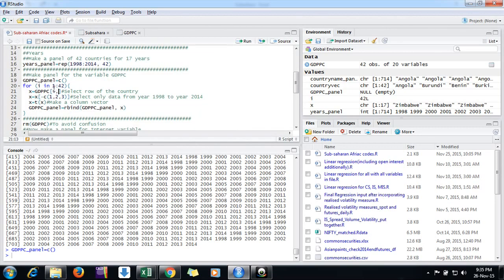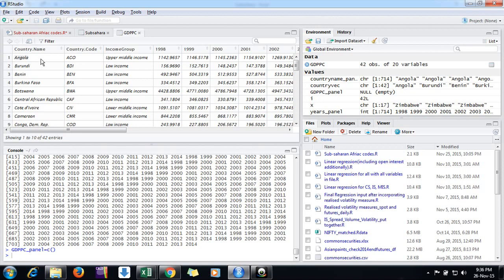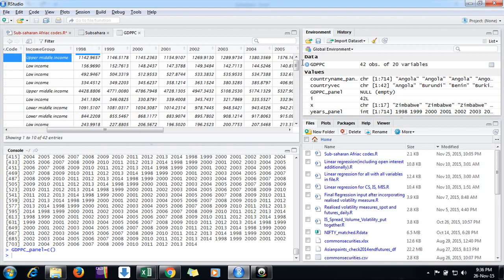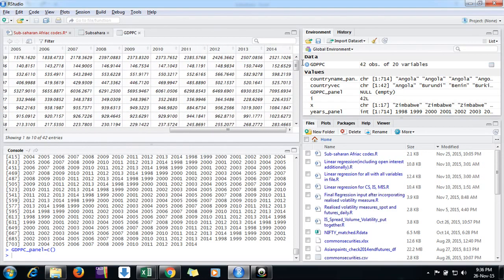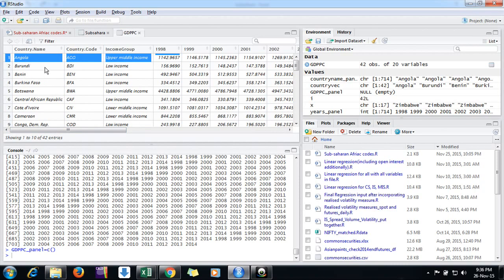If I put i equal to 1, then it will just extract Angola. Then from that Angola, I don't want these three values, Angola, ISO code, and this. I want to take only this data from 1998 to 2014, and anything else I don't want. So I want to remove these first three entries of this row.